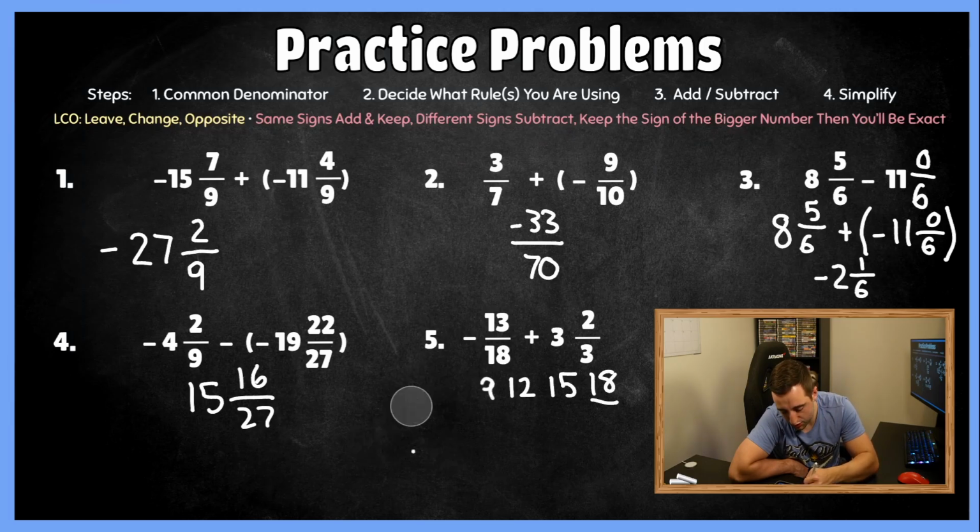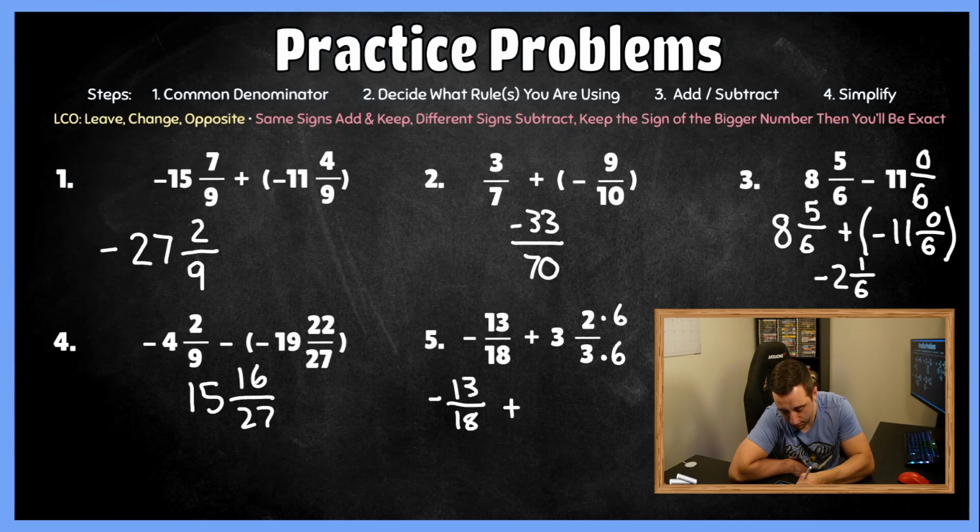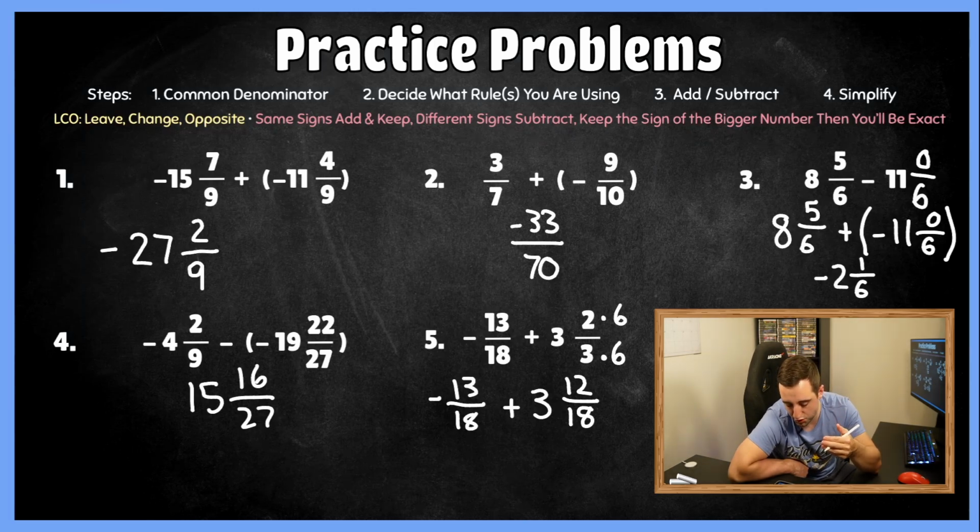13/18 we don't have to change at all, but 3 2/3, it looks like we're going to have to multiply by 6 here to get 18 in our denominator. So we get negative 13/18 plus 3 12/18. I see addition, so we don't have to use leave, change, opposite. We're going to utilize our song here. Same signs, add and keep, different signs, subtract. I see different signs, so we're subtracting here. So we have 3